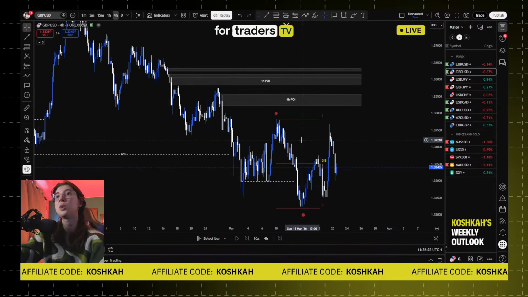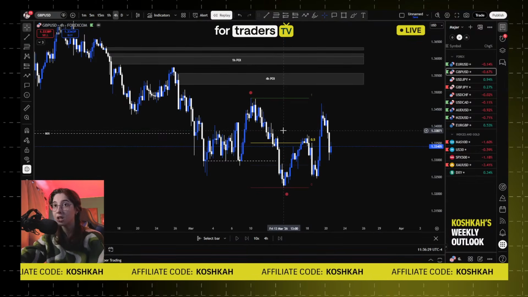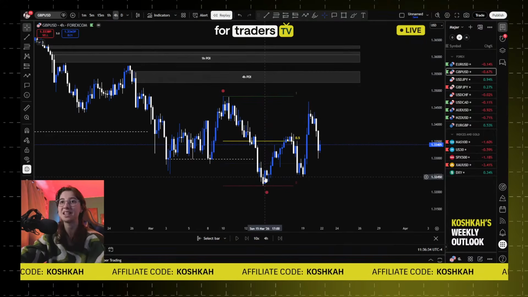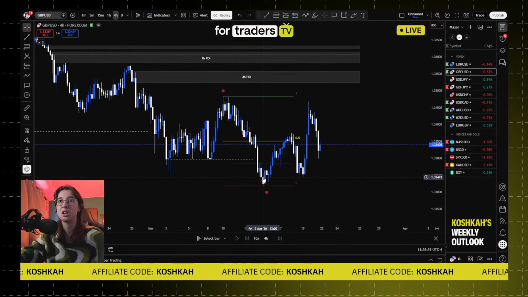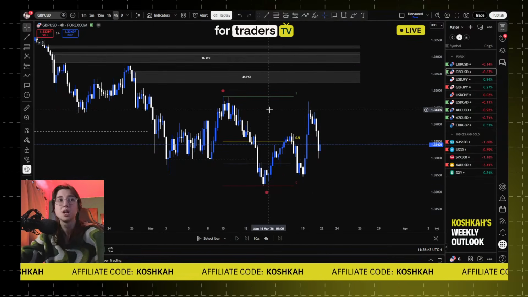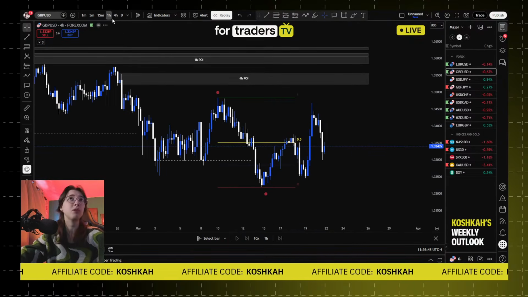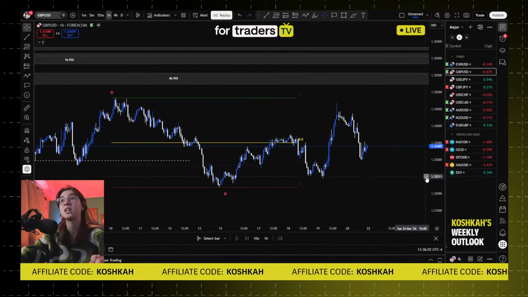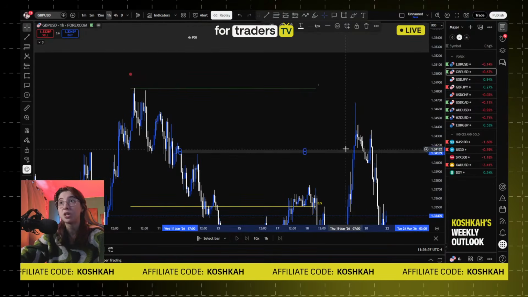Okay, so GBP USD, what happened since the previous week? Honestly, nothing much. Since the previous week, we were in this area, on the weekly live stream. We didn't even push lower. This was already the lowest point. So on GBP USD, there is nothing else to do since the previous week. We had a 1 hour POI in this area here, but it got destroyed.